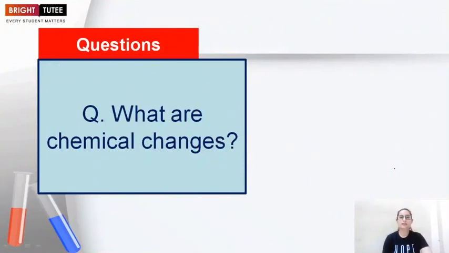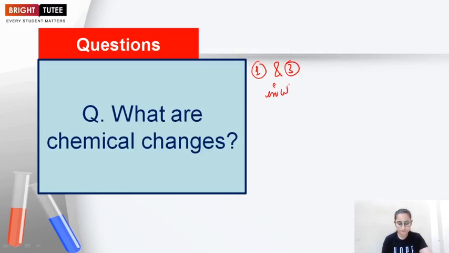Hello students, in this lecture we will be discussing the important questions related to the second topic of this chapter, which was chemical changes. So the first question is, what are chemical changes? Now students, this can be asked as a 1 mark question as well as a 3 mark question. If there is only a 1 mark question, you will simply write the definition that chemical changes are the changes